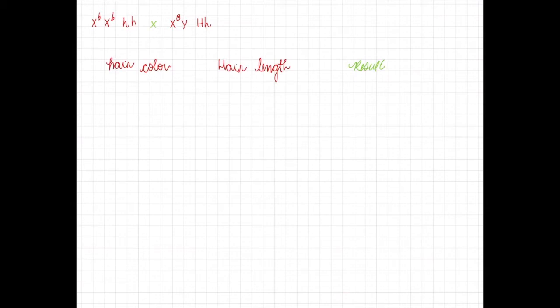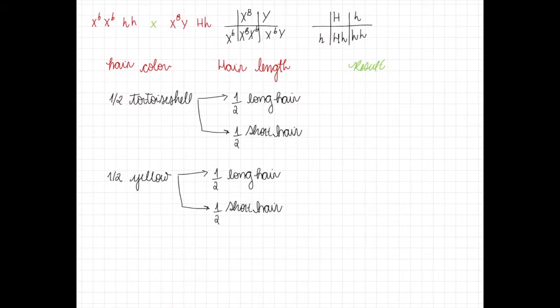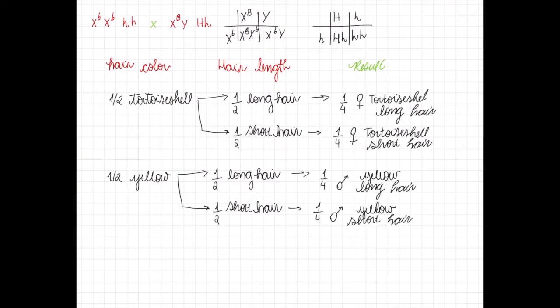Let's see what happens if we add another trait into the mix, their hair length, which is an autosomal trait. The allele for long hair is the dominant one. Let's imagine this cross, a yellow short-haired female crossed to a black male heterozygous for long hair. Using this branch diagram, we can see that the ratio of phenotypes for this cross would be 1/4 female with tortoiseshell long hair, 1/4 female with tortoiseshell short hair, 1/4 male with yellow long hair, and 1/4 male with yellow